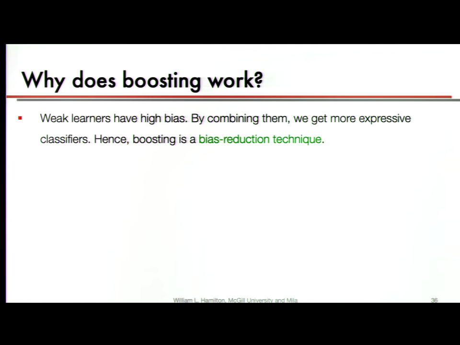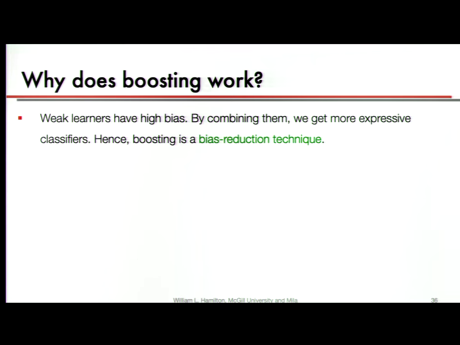If I just have a prediction where I'm saying everything that has a radius greater than 1.6, these tumors are all going to recur and everything else is going to not recur, well, that model is definitely not perfect, so it's very high bias. It's very far away from probably the truth, but it's pretty low variance. I could change the training set a lot, and not many things are going to cross that boundary. It's a very, very simple, very stable, in some sense, approach. So these are high bias things we're combining now.